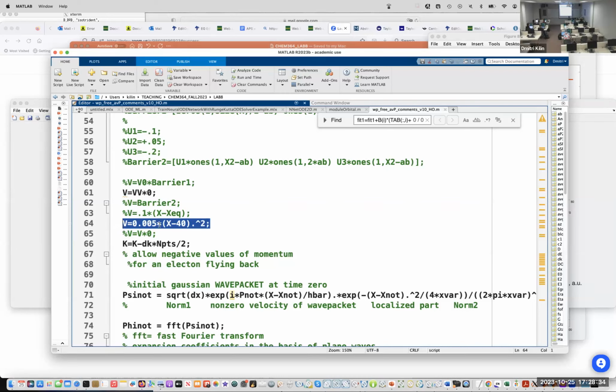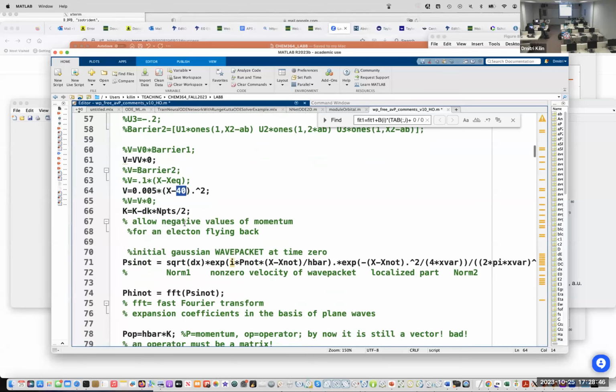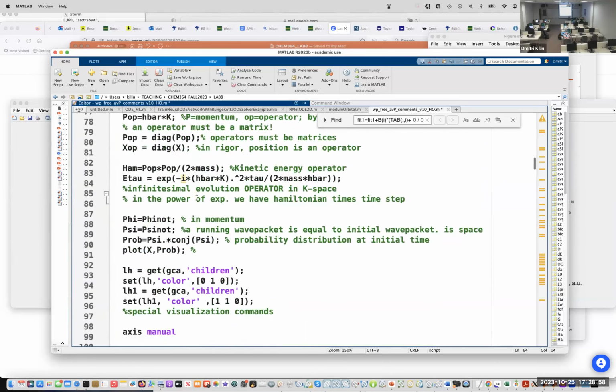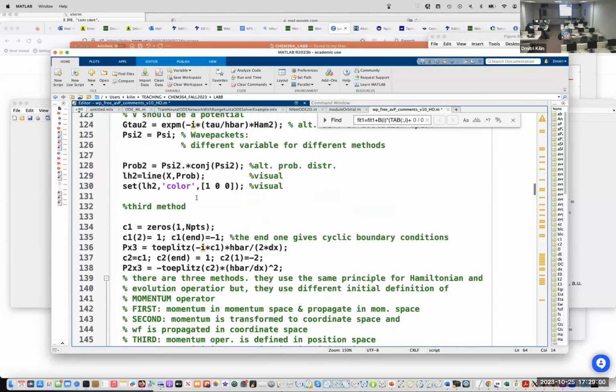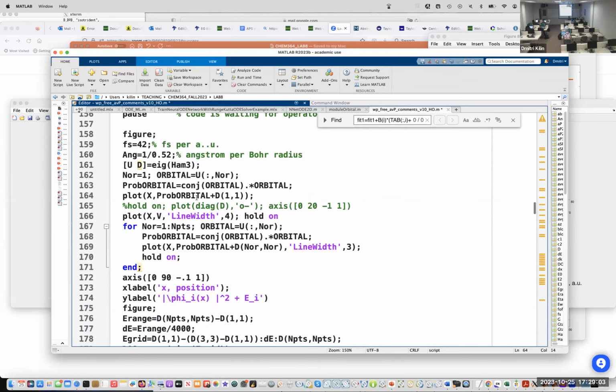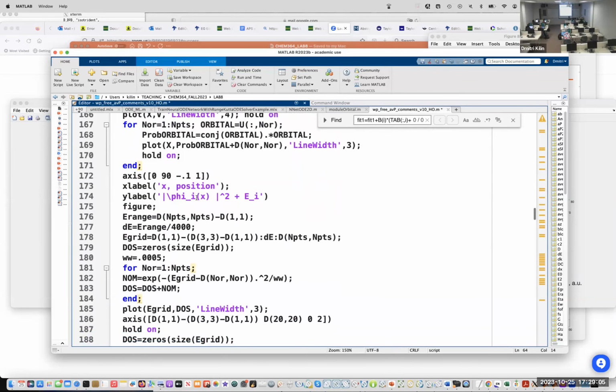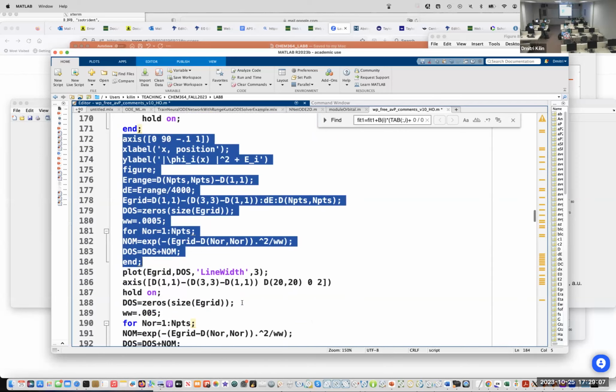So V is a certain rigidity times elongation squared, and this 40 is the offset of the equilibrium position. The rest of the code is the same, and if one wants to find eigenstates, one just runs this module. In fact, I copy pasted it inside the code as well, which you may do either way, whichever you prefer.